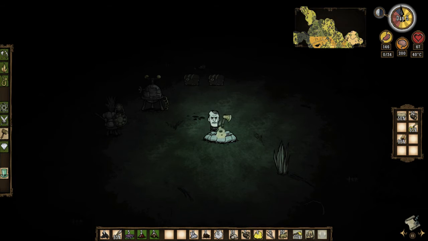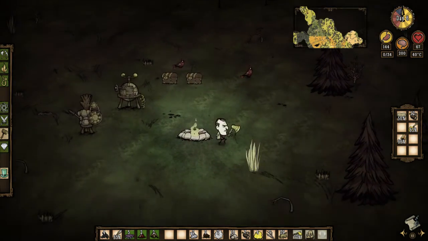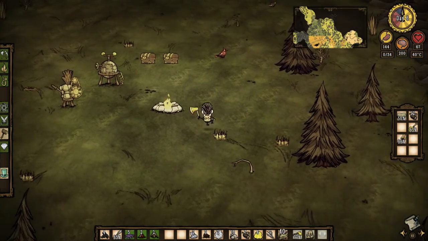We're going to get a bird cage at some point as well. And that will let us actually process this in such a way that we'll be able to eat it. Basically, you feed the cooked monster meat to a bird, and the bird spits out...